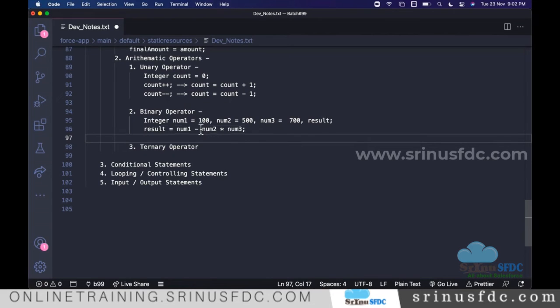Even though we have the huge expression, what will happen internally? System will only deal with the 2 values at a time. Do the calculation. So whatever the result is there, again it will deal with these 2 expressions. So like that it will do. Even though we have this huge expression, system internally, binary means 2, right? It deals with the 2 values and 1 operator at a time. So this we consider as binary operator.